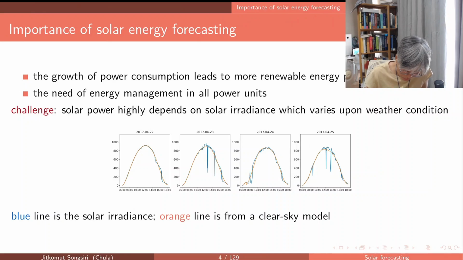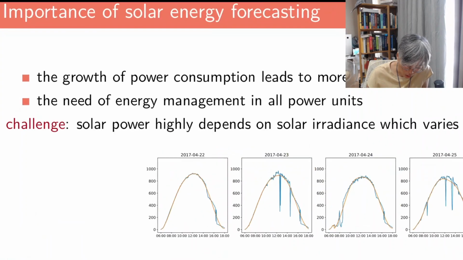The motivation of this research problem is certainly because of the penetration of renewable energy in Thailand, and the electrical consumption grows every year, so in order to exploit and make use of renewable energy generations, we also need